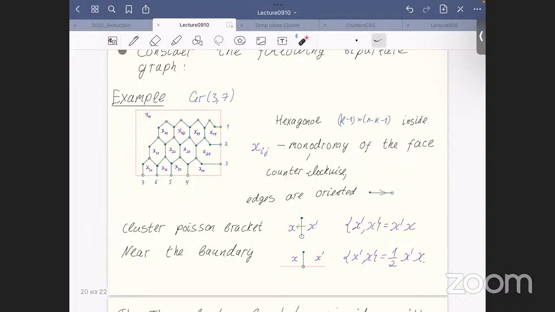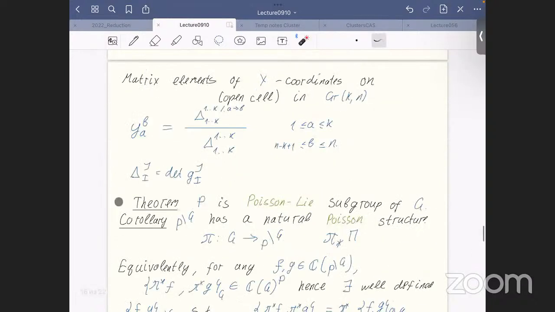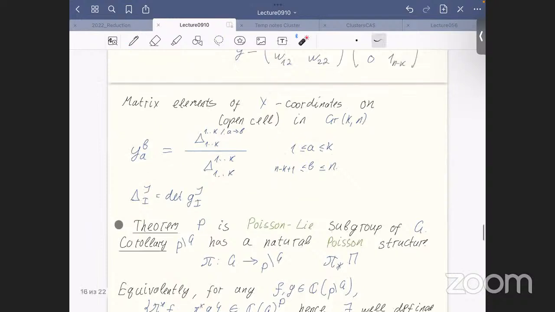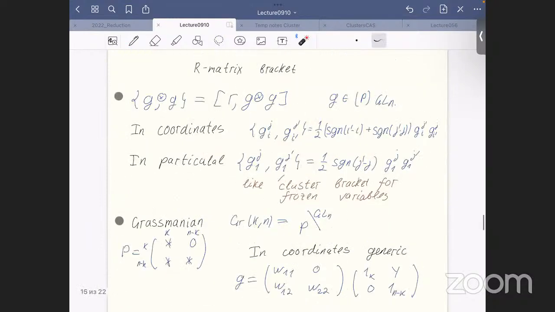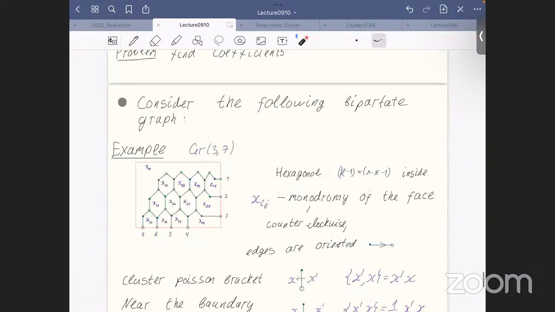So the bracket which we had in this slide, in which I made some computation, comes from the scaling bracket on the group, a matrix bracket on the group. For this reason, I call it the scaling bracket on the Grassmannian. On the other hand, we have a map to the Grassmannian, which depends on the H variables,